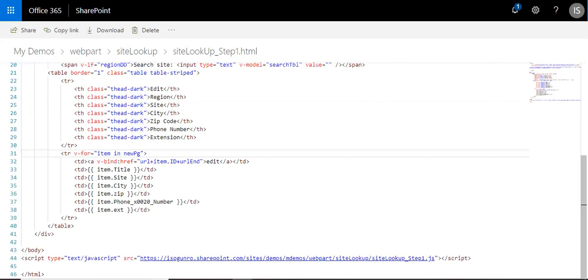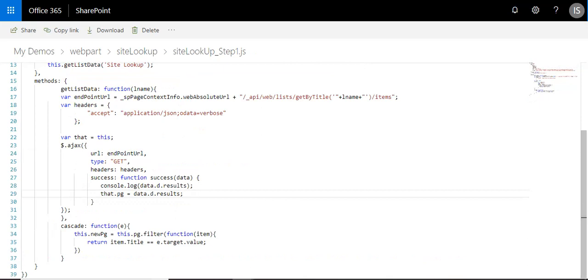In our code, as you can see, we're having this v directive here, v-for item in PG, so it's looping through our PG. So if we go to our JavaScript,